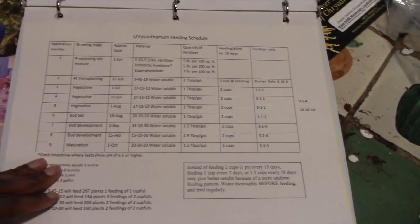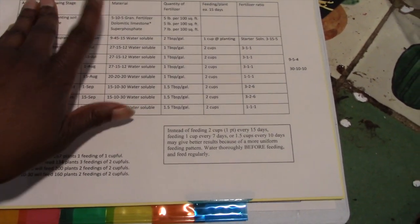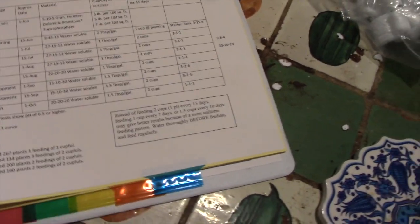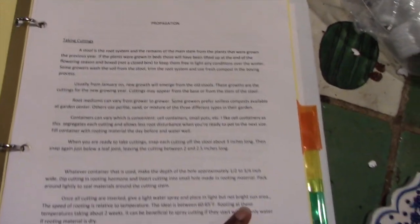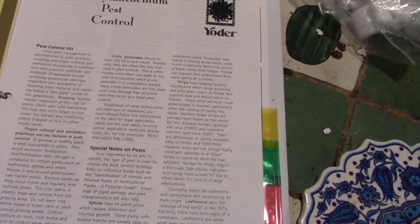And then they give you this whole feeding schedule, telling you the stage, the approximate date, the materials, the quantity, and even the amount. So basically, it's everything you need to know on how to take care of and grow your own, and even propagate them. They talk about pest control issues,